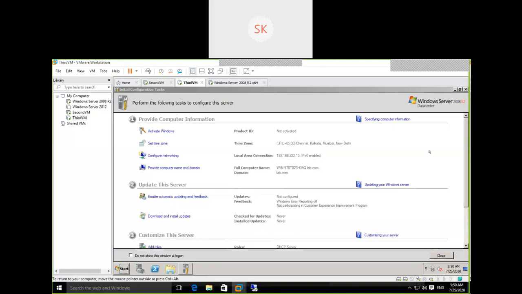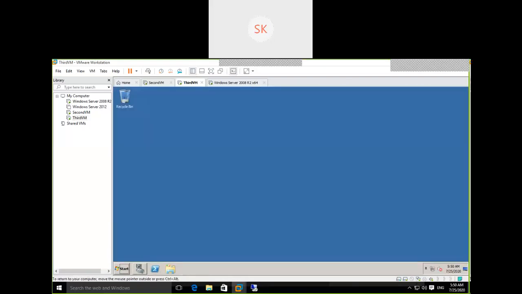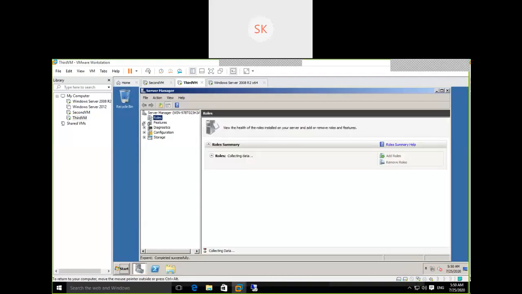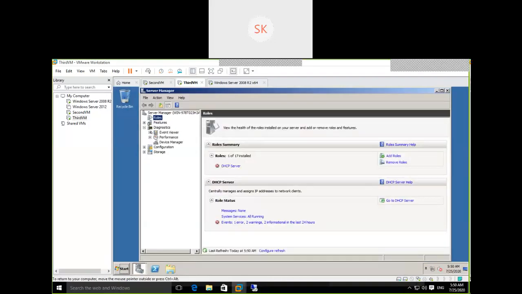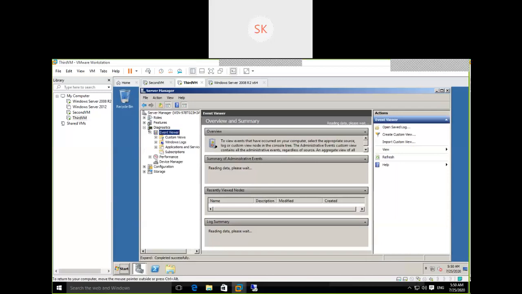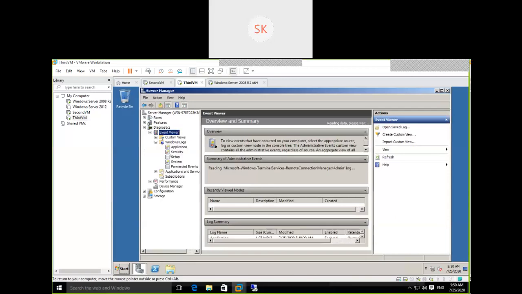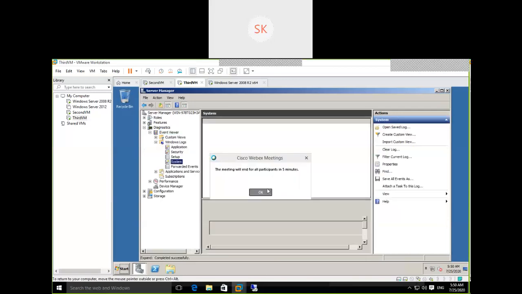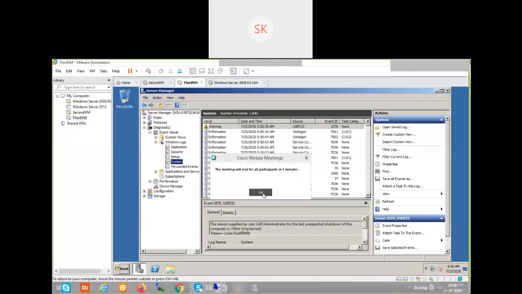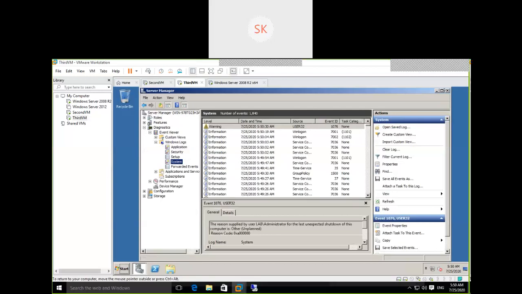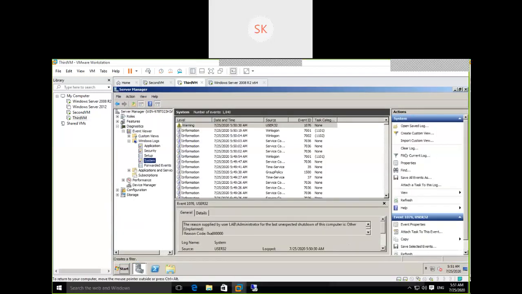Go to server manager. Quickly go to server manager. Yes, event ID is diagnostics. Event viewer, system. See event IDs. You will find event IDs for unexpected reboot also.